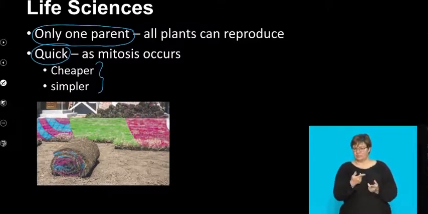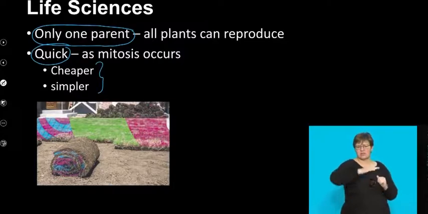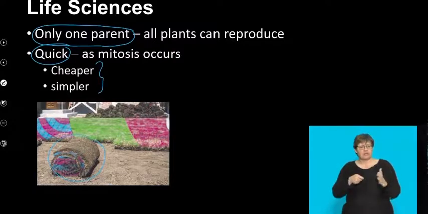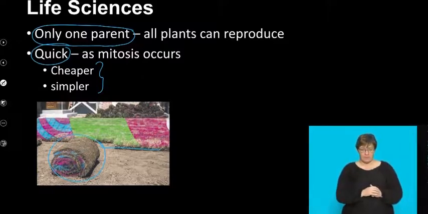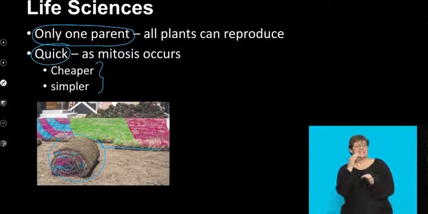Why do you think grass is grass? Why do we use it for our lawns? Very simply, we buy it on the street corner, and grass is actually quite cheap. We lay it down, and what happens? All those little runners go, and soon our garden is full of grass. And I have the battle of the weeds as well, but it's a quick, simple and cheap method.